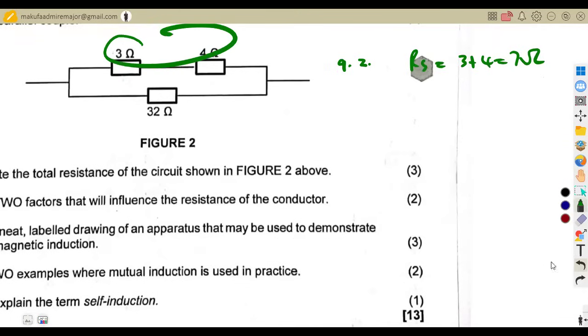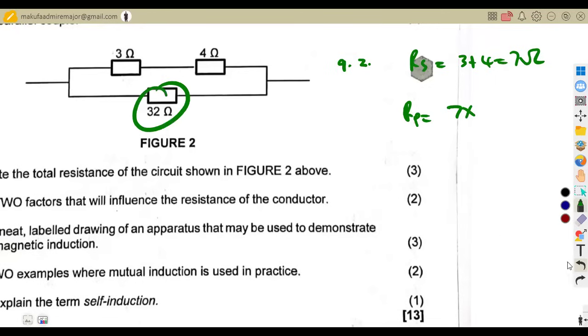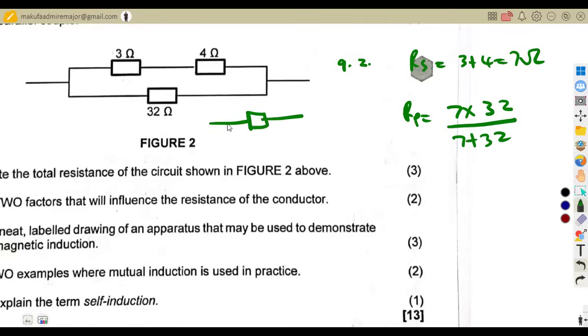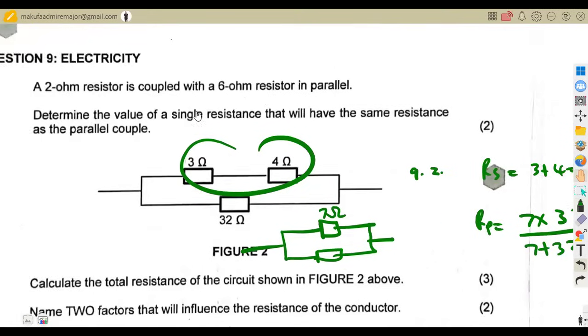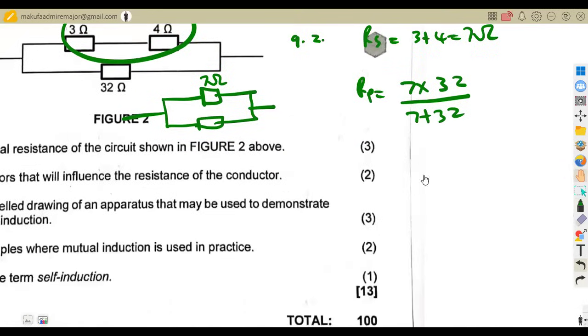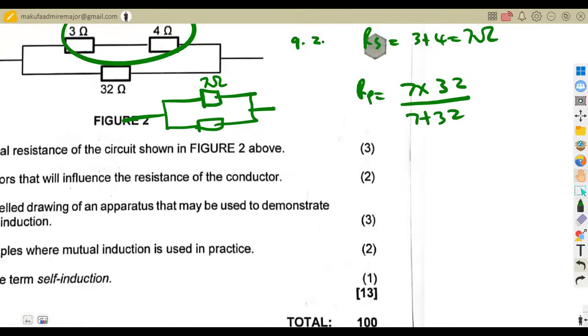Then after combining this, we are left with the parallel. So we said in parallel, if there are two resistors, you can simply use product over sum. So that's 7 times the resistance of 32, the product over the sum of 7 plus 32. Remember, the 7 is the one that we now have. We have combined this to be a single resistor now, a single resistor of 7 ohms. So we are now just left with that, just like the couple that we had previously here. They were in parallel, so we use the product over sum. So that's our RP from this